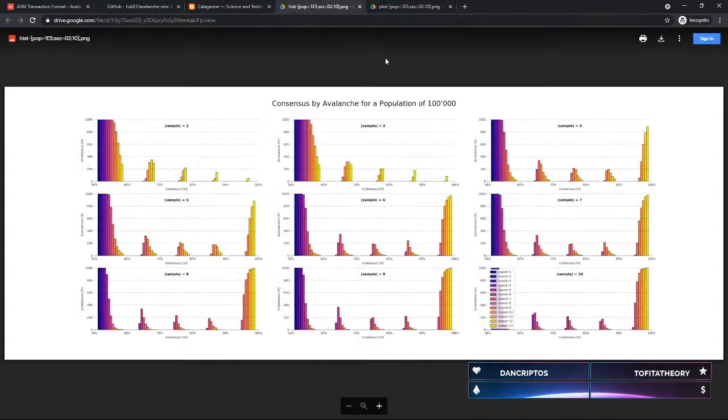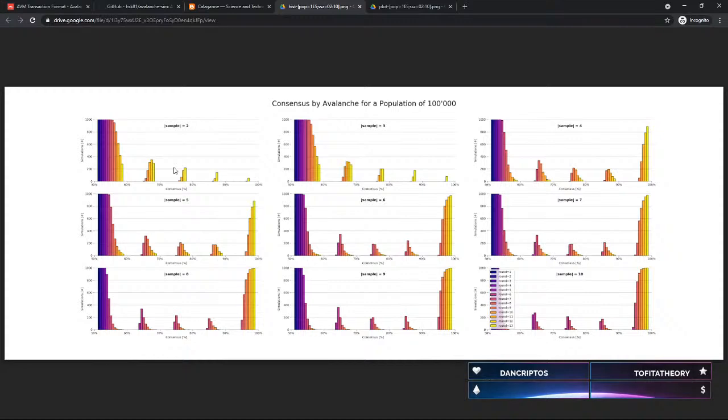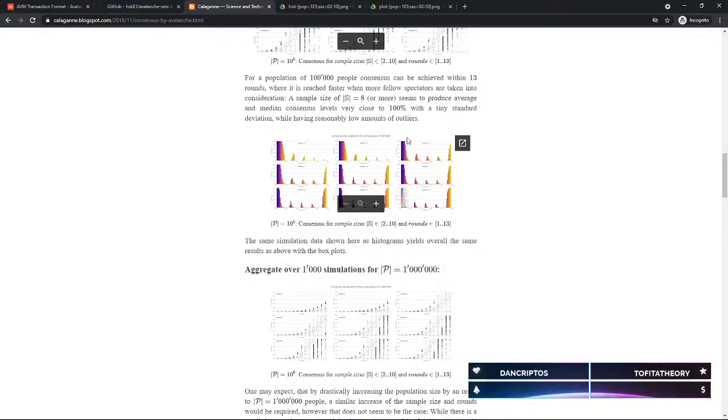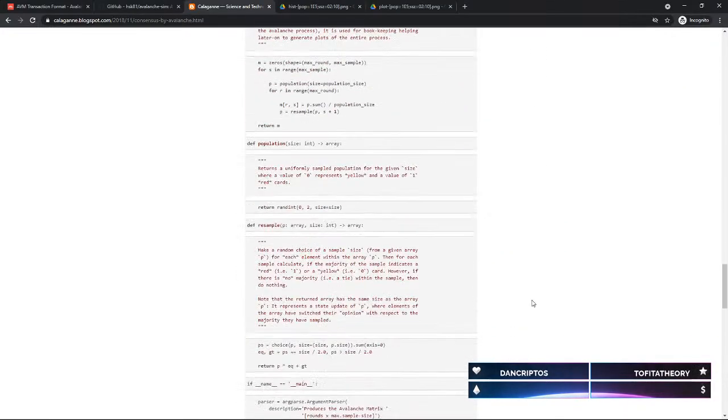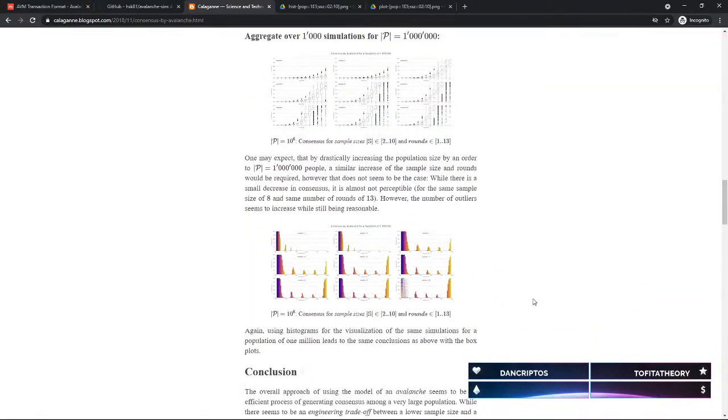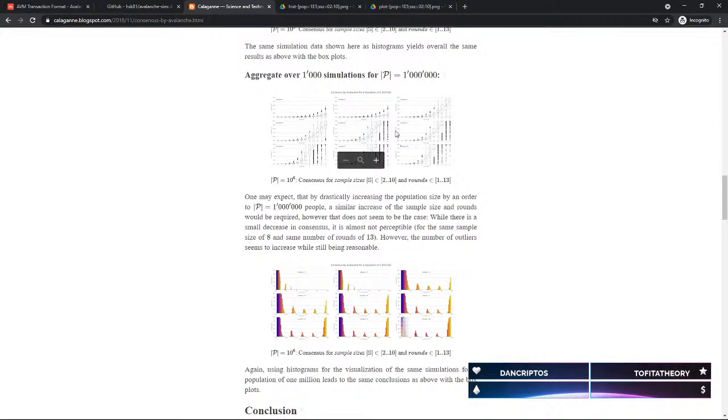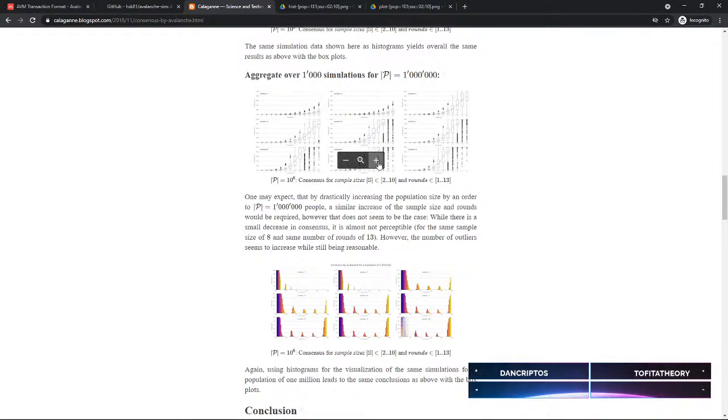This is the same graph, just in histograms. Same thing. The box plots, I think, show more. But this was already enough for me to believe that Avalanche has huge potential, because the base idea is so simple. It's essentially these epidemic protocols where you gossip, everybody gossips with each other, and where you very quickly reach a quick consensus.